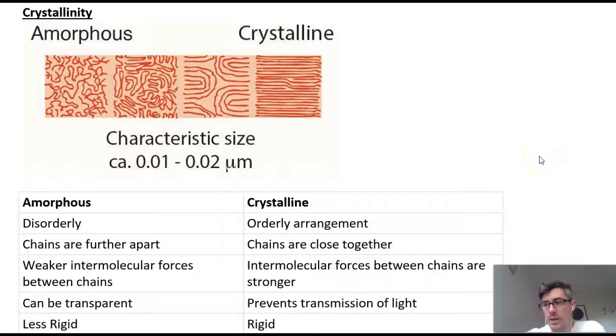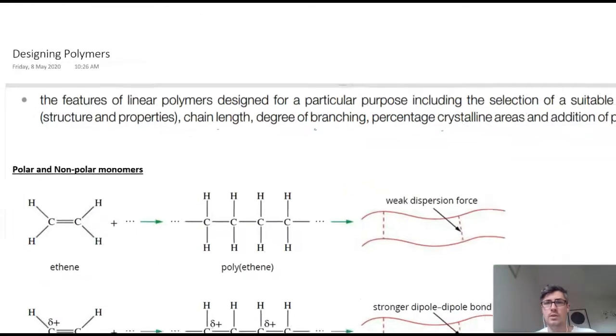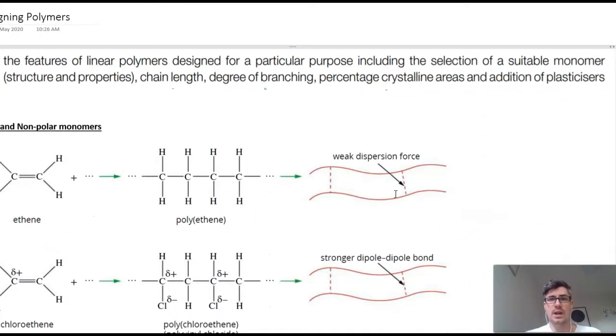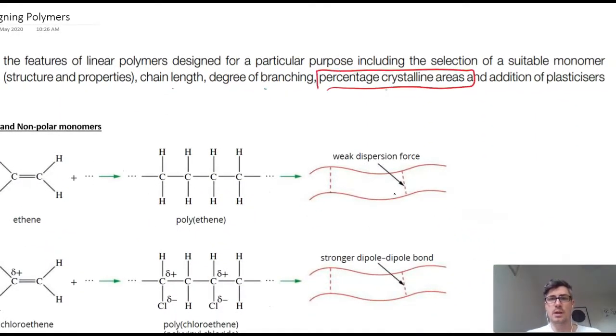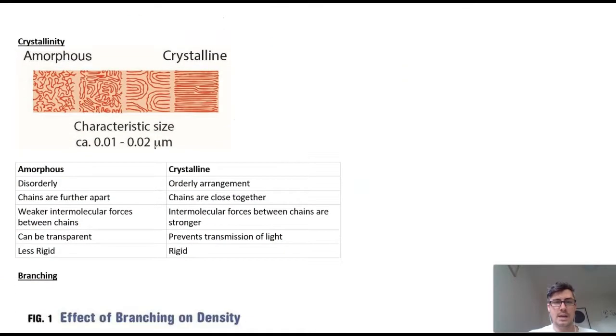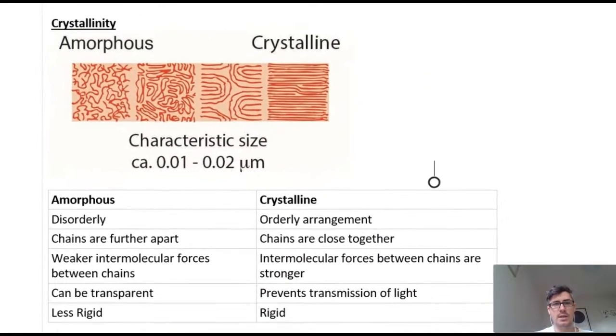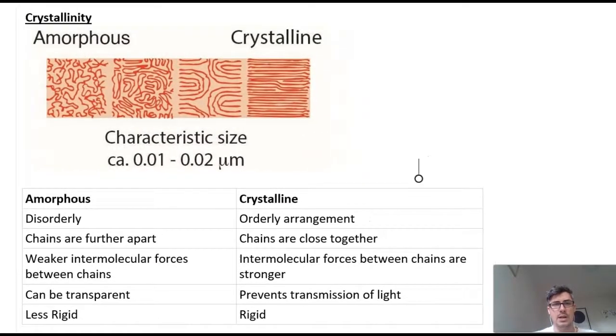Okay, in this video we're going to explore the property of crystallinity within polymers. Part of the study design is that you can look at the percentage of crystalline areas within a polymer and know what implication that has on the properties of the polymer. Previously we've looked at LDPE and HDPE as examples of crystallinity, but more generally, if you look at the